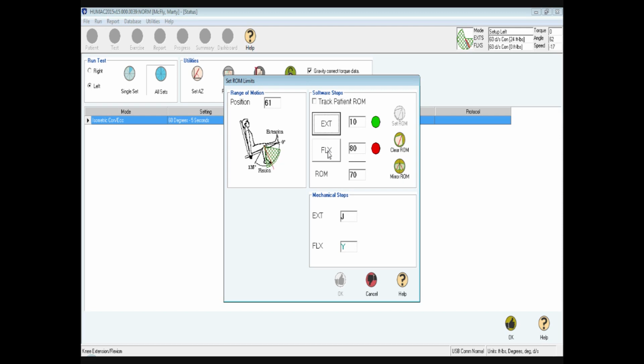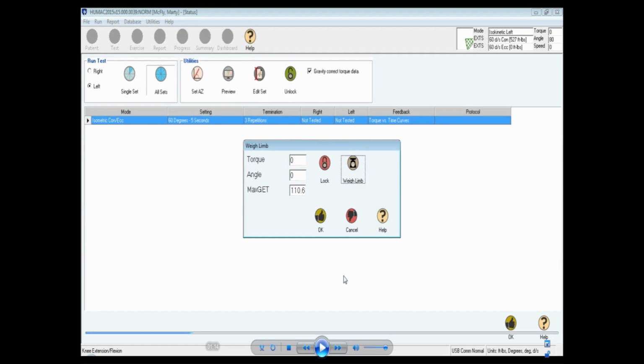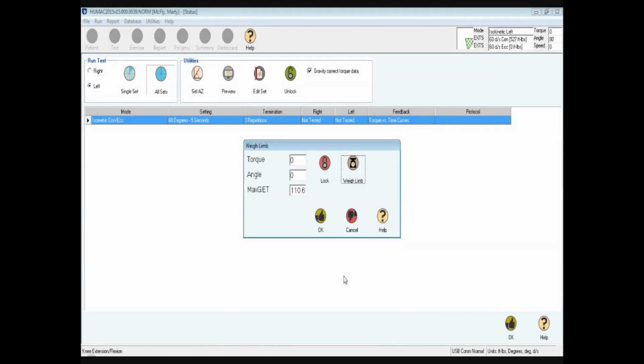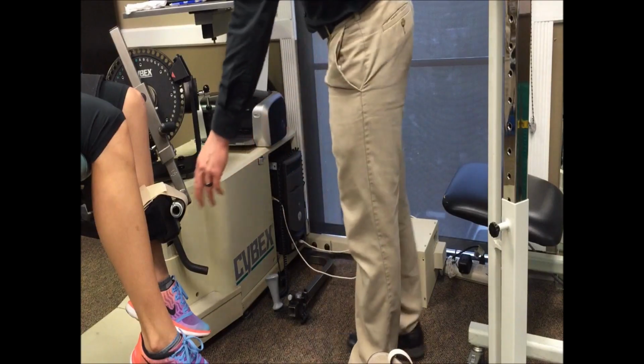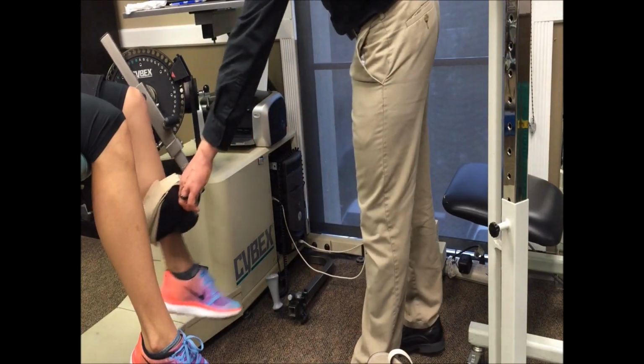So again, I set my extension, set my flexion. Once you have that there, it's going to give you your mechanical stops, set anatomic 0, and click OK. Now, when you click OK, since we selected the gravity correction option, we need to weigh that limb in the adapter arm. That's usually like 10 to 20 pounds worth of torque. So you lift that leg up,